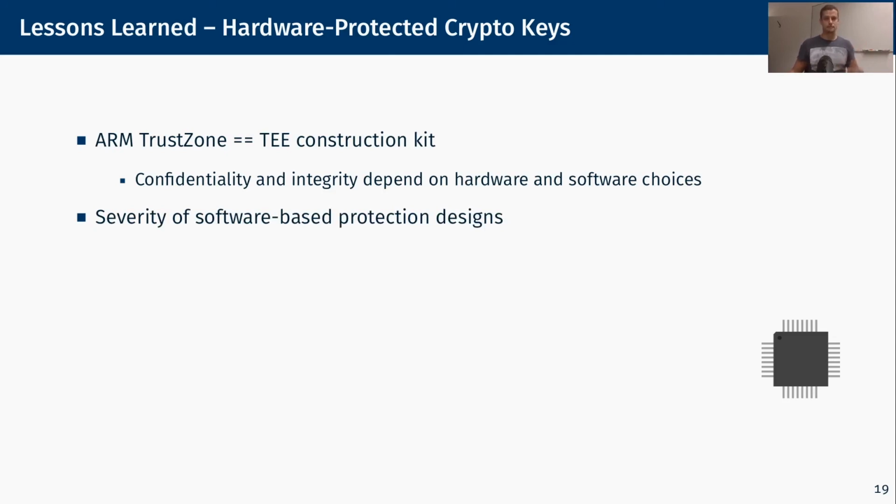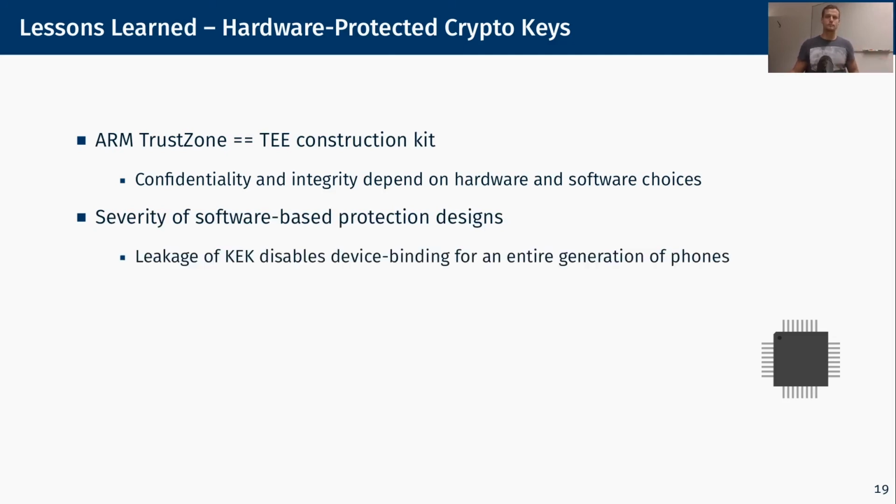We have seen the severity of these software-based protections here once again, and the leakage of this key encryption key that has been reused on multiple devices over multiple versions of the firmware renders the device binding of an entire generation of smartphones ineffective